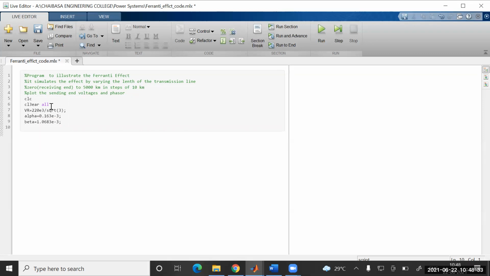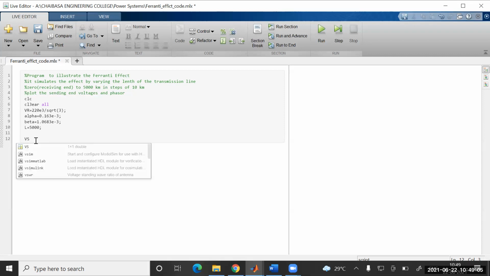What else was given? Length L, which is 5,000. We have to check the voltage from 0 to 5,000 as we increase it. First of all, let's write the equation. Vs would equal VR by 2